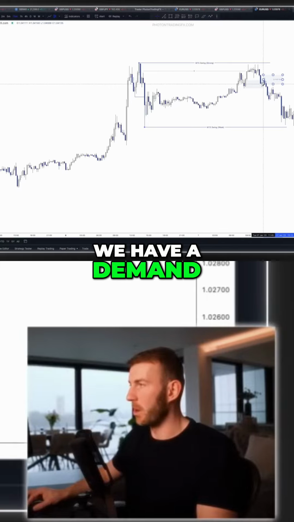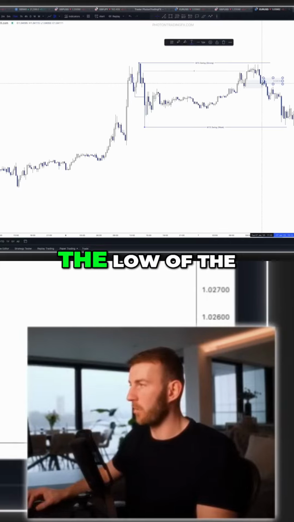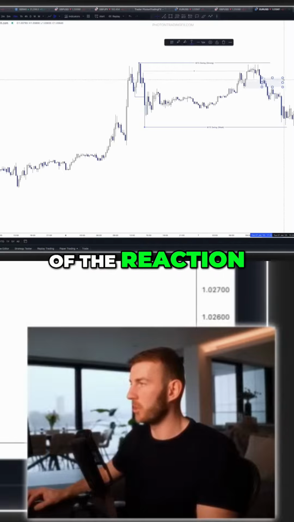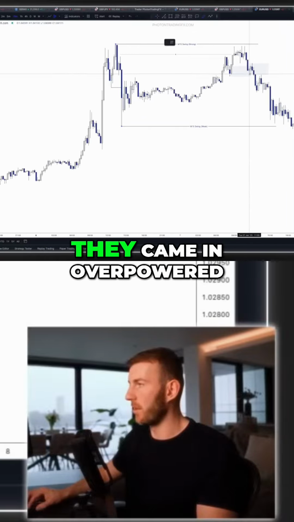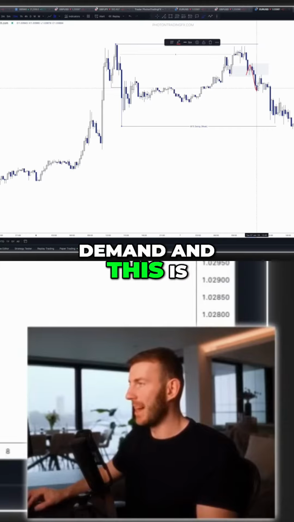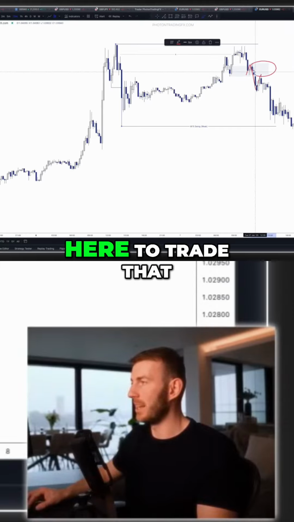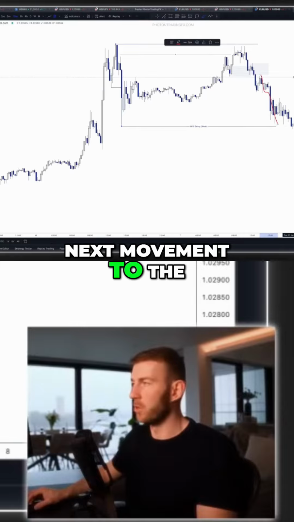We have a demand to supply flip, right? From the low of the reaction to the top of the reaction. And that basically signals to us where sellers have stepped into the market, right? They came in, overpowered demand. And this is where we can look for unfilled orders within here to trade that next movement to the downside,